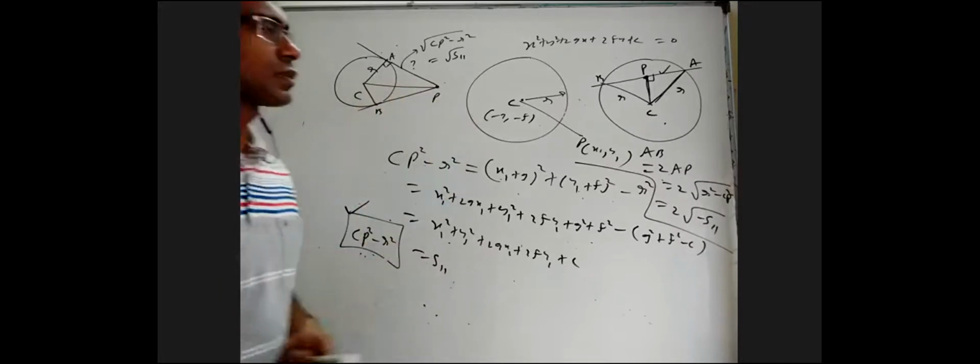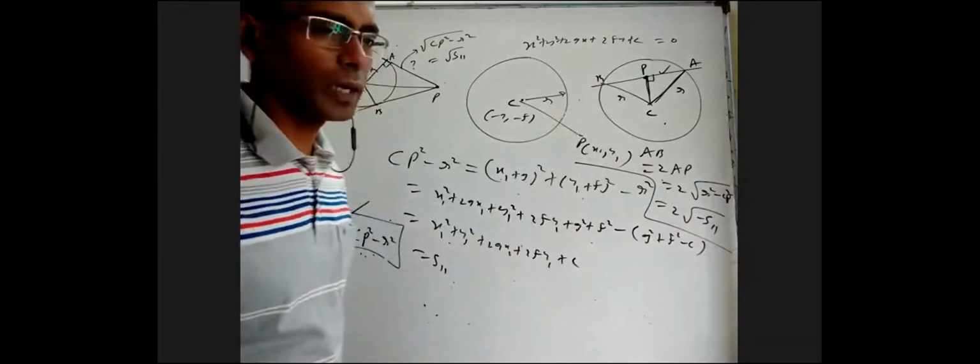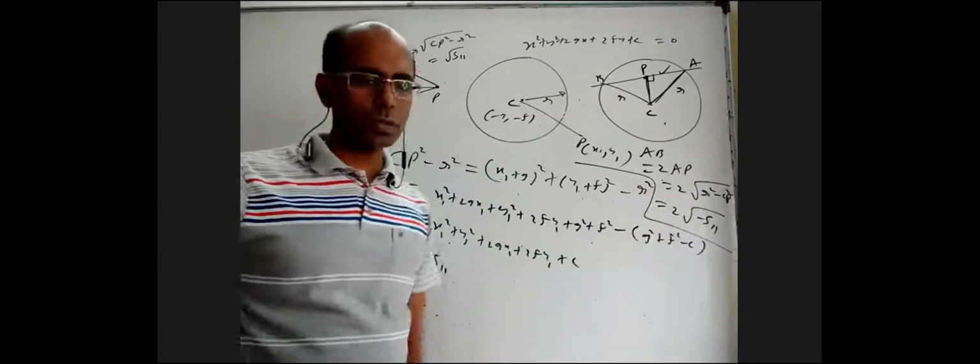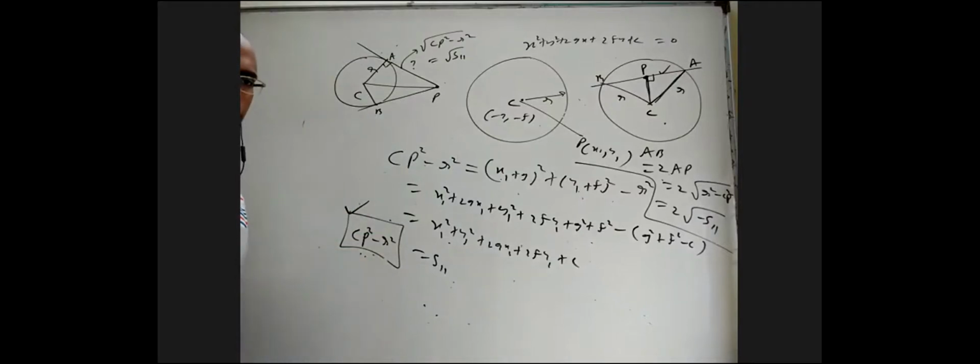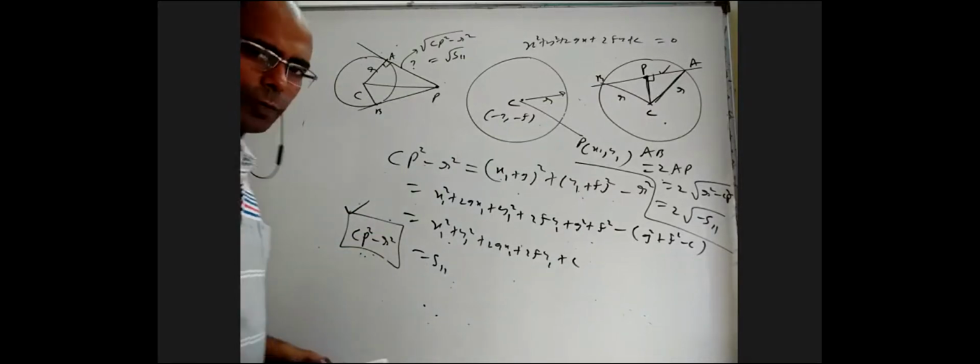Fourth point I made just now is if a point is inside the circle, through that there is a particular chord having that point as a midpoint. The length of such a chord is 2 root minus S1. Okay, so we are able to express everything related to S1. I hope all of you are able to follow, right?